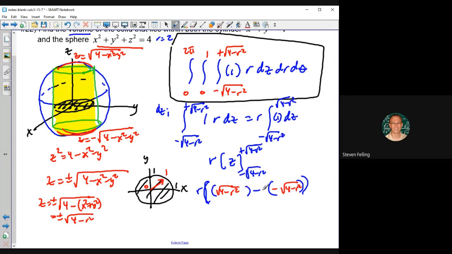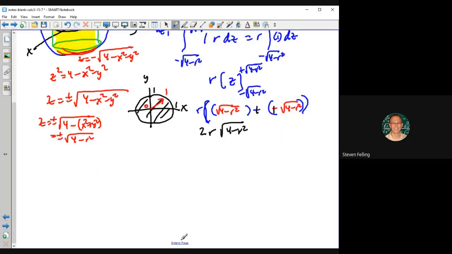So if we have this, these are going to cancel, plus plus, so in fact I have two of those. So I'm going to have 2r, and then the square root of 4 minus r squared, right? That's the result of the inner integration, the z integration. So now we'll move to the dr, and we're going from 0 to 1 dr. Okay, so the dr integral